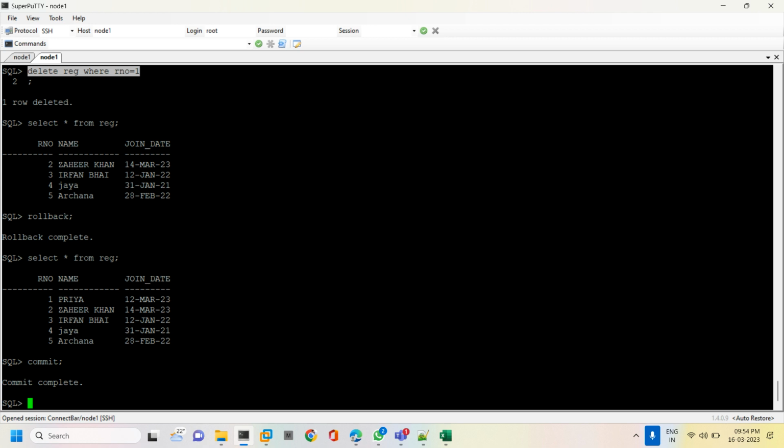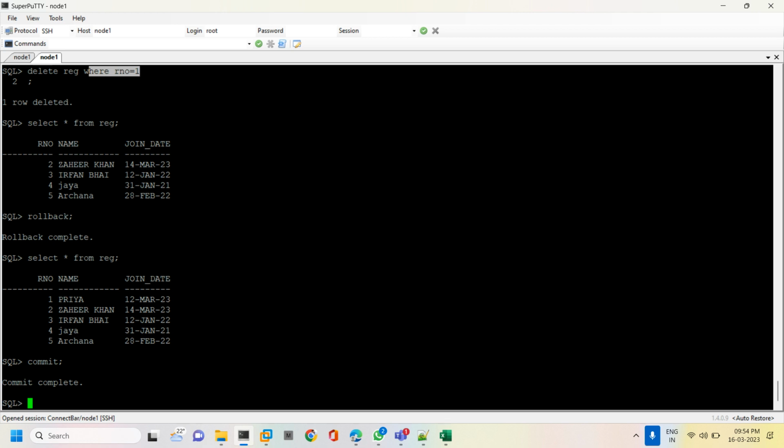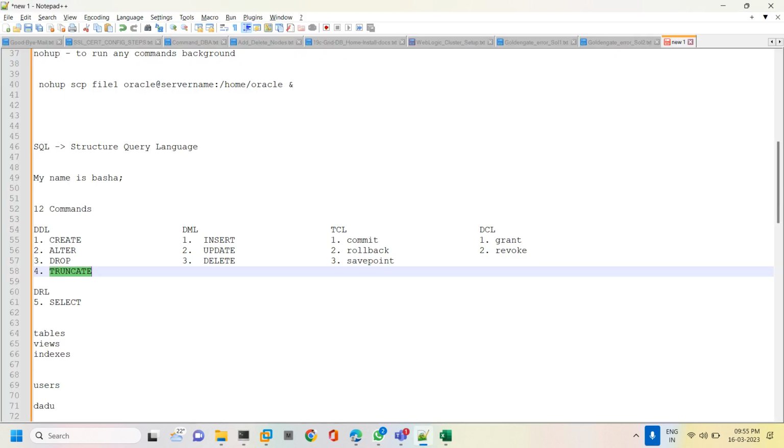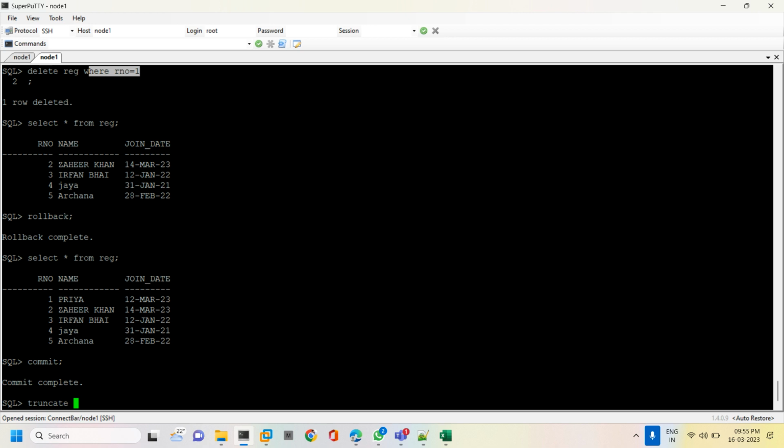So delete means you can delete the complete records at a time, and with where you can delete the records one by one also. Suppose I give truncate. You have to remember that whenever I'm using the DDL commands, you should mention the keyword for what you are doing. So this is a table, that's why I have to mention table: truncate table, and the table name I can mention. I will try to mention a where clause here, where name equal to, I will mention one name. I want to delete some fourth record,